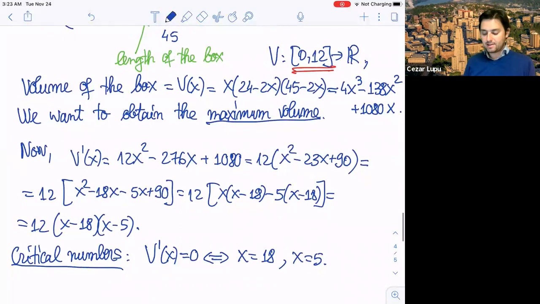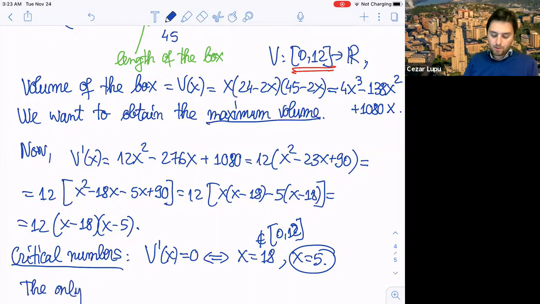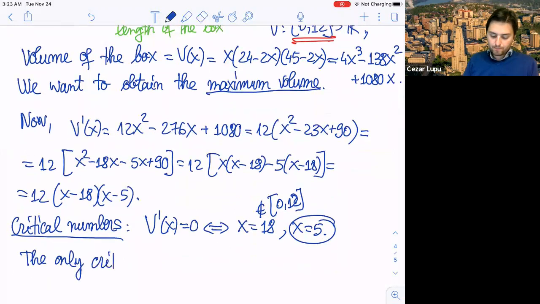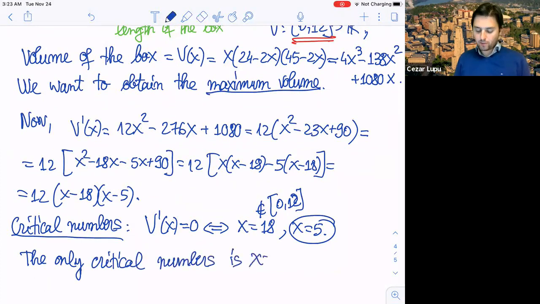But you see, 18 is not in the domain. Okay, let me write it like this. This is not in the domain 0, 12. So it's not good. So this is the only one that's good. So the only critical number is x equals 5. All right, and now just like I said, we evaluate the function at the endpoints